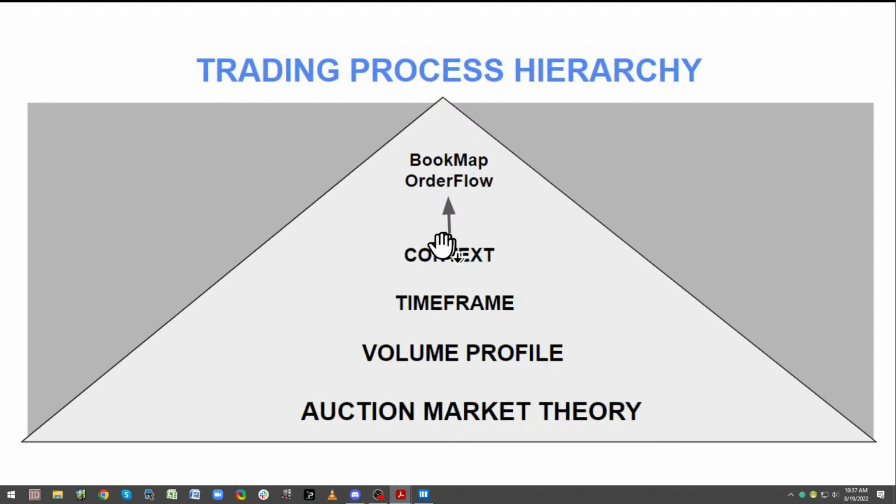The other element is context, and this is where a lot of traders get jammed up. And I'm going to show you a couple examples because I always like to start out with the higher time frame to help you guys see how these pieces fit together. So we're going to look a little bit at yesterday and the behavior of yesterday and why it's different from today and how you might adjust your plan to get aligned with the developing context, which is definitely different from yesterday.